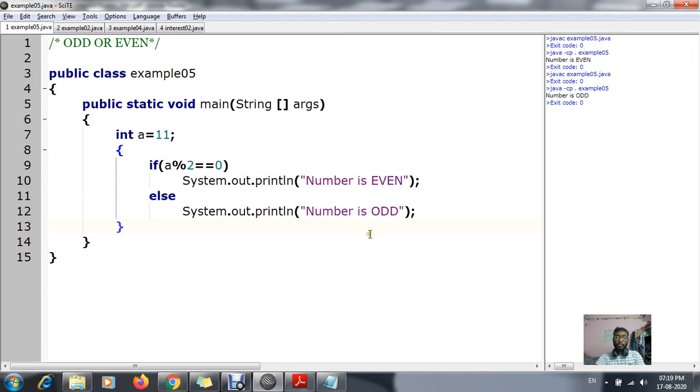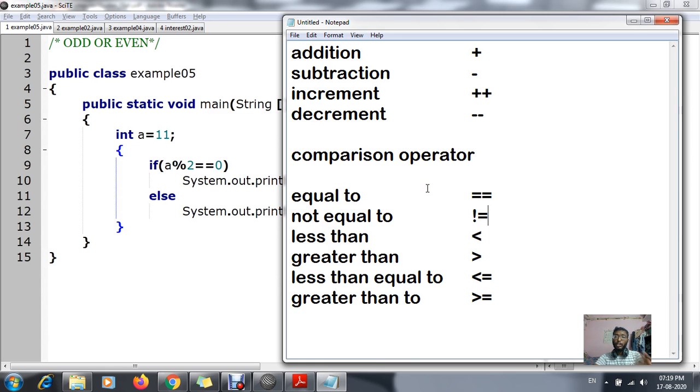These are your types of comparison operator. Today we learned a total of two types of operators right now, that is the arithmetic operator and the comparison operator. In arithmetic operators there are a total of five: addition, subtraction, multiplication, division, and modulo. The second type of operator is the increment or decrement operator. The increment operator always uses the plus symbol, and the decrement operator uses the minus symbol. Understood?